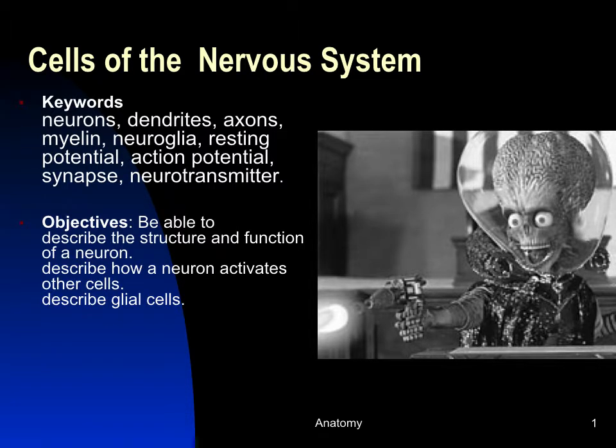Okay, this program will introduce us to the cells of the nervous system. And there's two general types of cells we're going to talk about. The primary one are neurons. So we'll describe the structure and function of neurons. And we'll just introduce how a neuron activates other cells. And then a much more